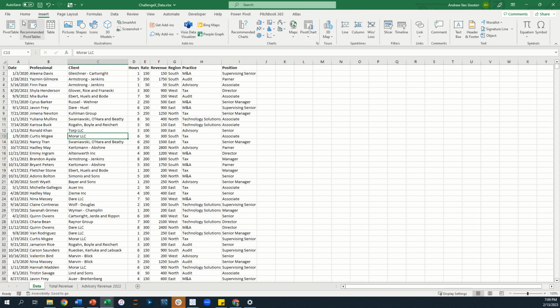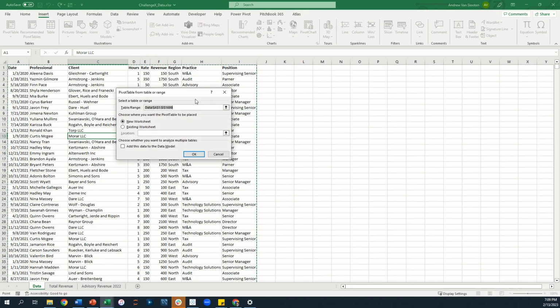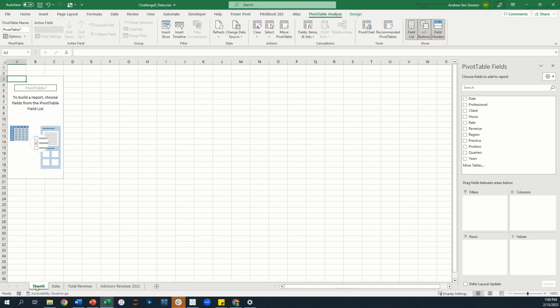So come back to the data and select pivot table. We're going to insert it into a new worksheet again. We can rename this one South Region Advisory Detail. Let's move it to the end. And then we are creating a pivot table containing the total revenue. So we can draw in total revenue,